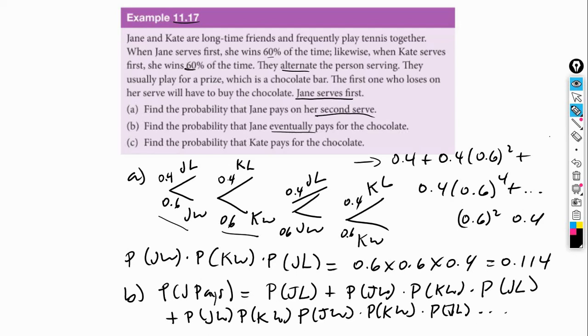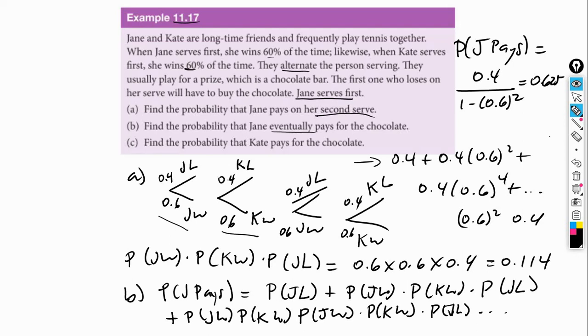So with this, we can say then that the probability that Jane pays is going to be equal to the first term, 0.4, divided by 1 minus the common ratio, 0.6 squared, and this is going to equal